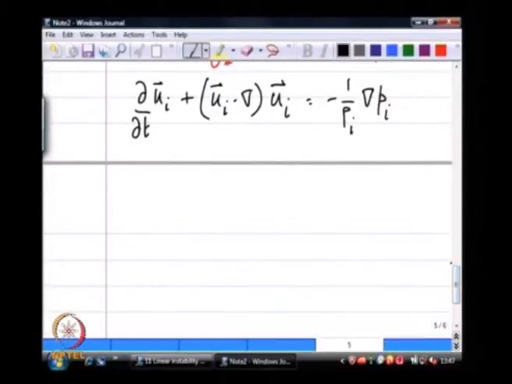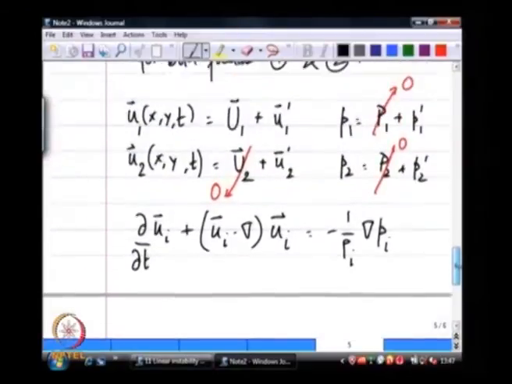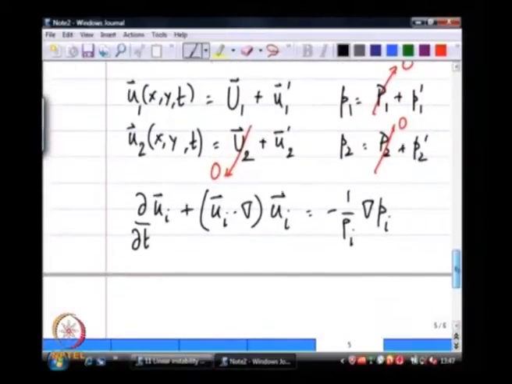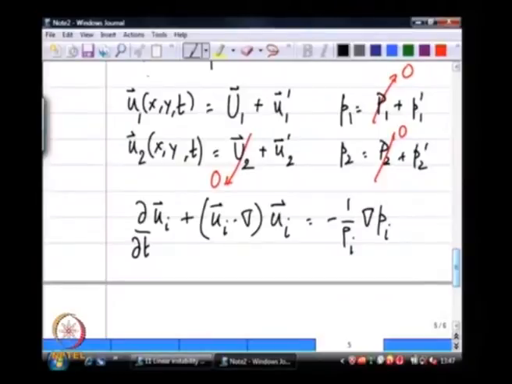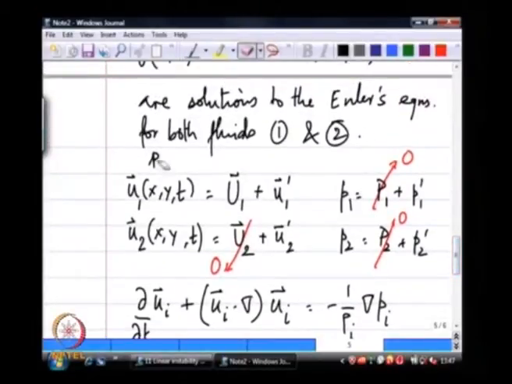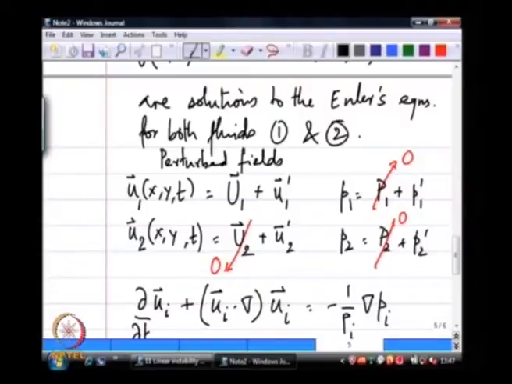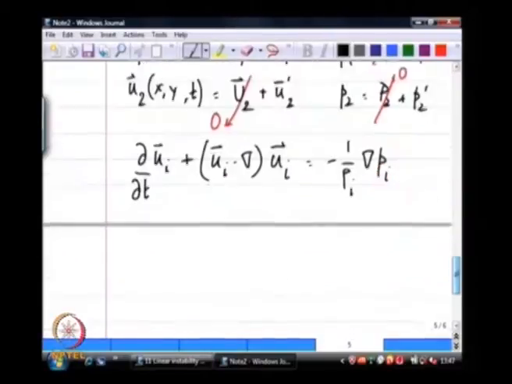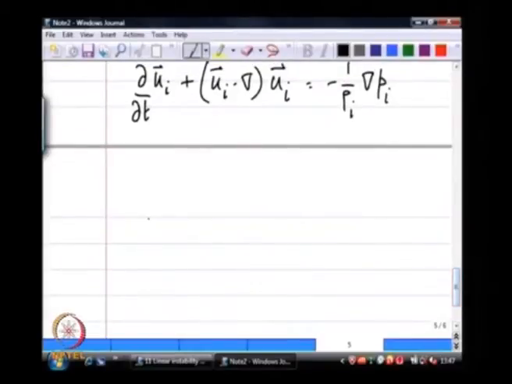Now, if I make the substitution of the perturbation quantities, so these are the perturbed fields, so if I linearize the equations,